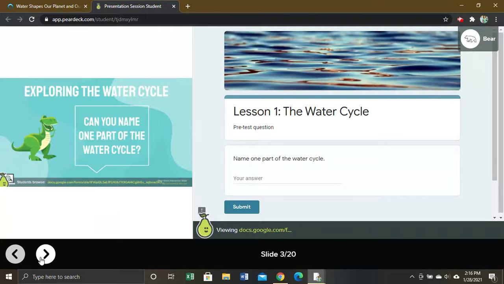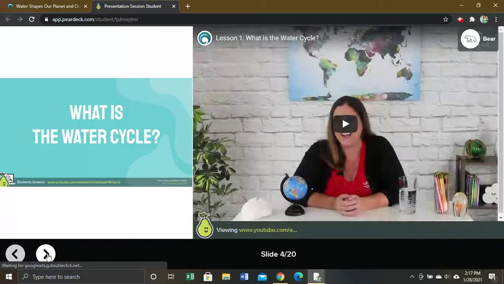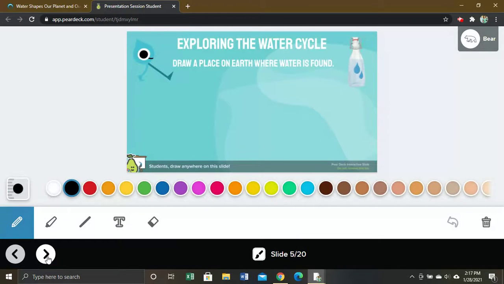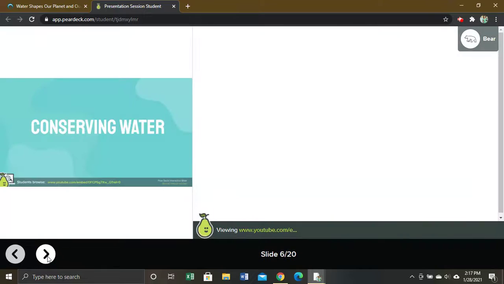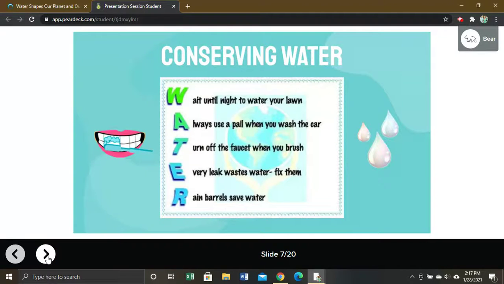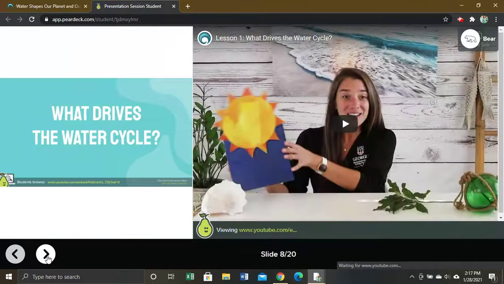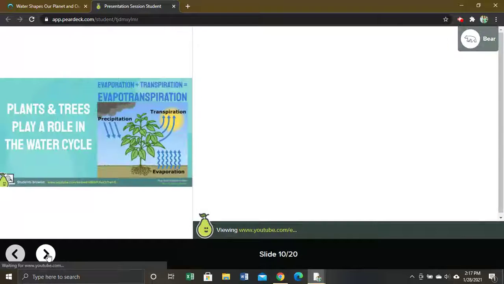In some cases, you'll see slides that have questions. In this case, it's a Google form. In some other cases, it's just a Pear Deck slide that you can interact with the lesson. You'll basically scroll through. Here's a drawing slide. Watch each video, read the material, and when you come to